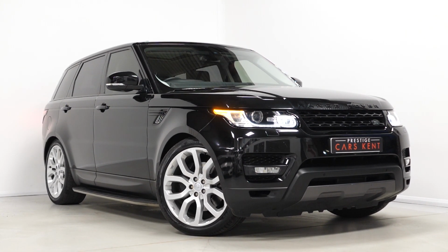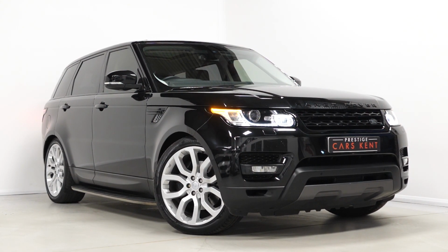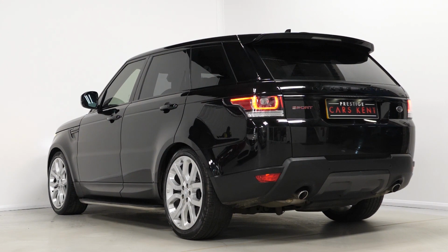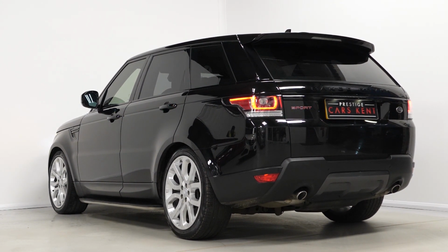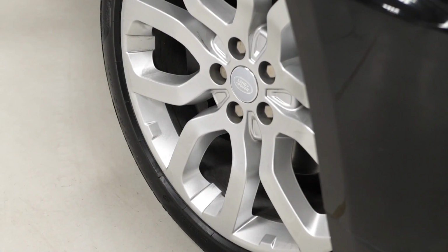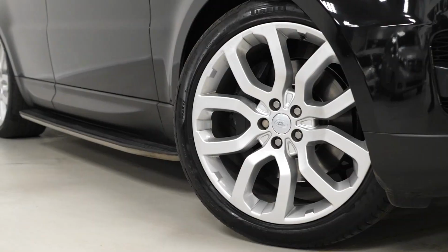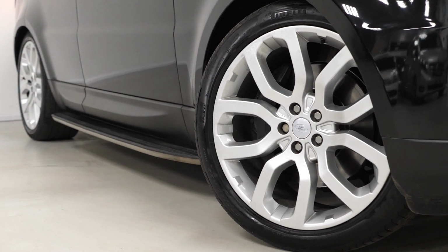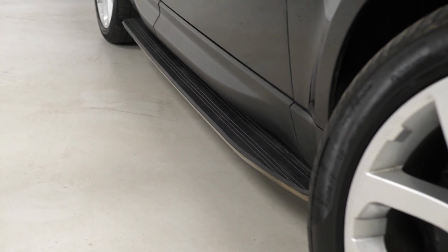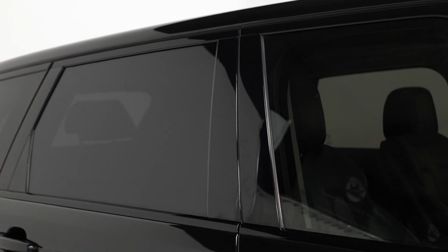This is a quick video walkthrough of our 2016 Range Rover Sport HSE Dynamic we have new in stock. This particular Range Rover Sport is a ULEZ compliant Euro 6 diesel vehicle, and I'm just going to run you through some of the features you get, starting with some of the exterior features. You've got the optional 22-inch style 504 alloy wheels, painted in silver. You've also got the optional fitted fixed side steps on the side, the optional privacy glass, and you've also got